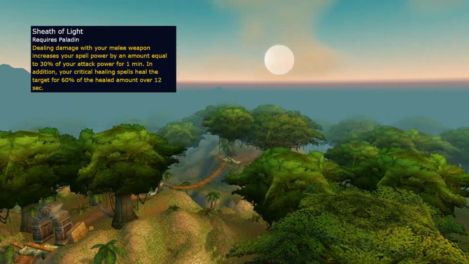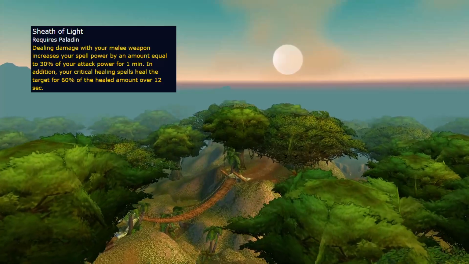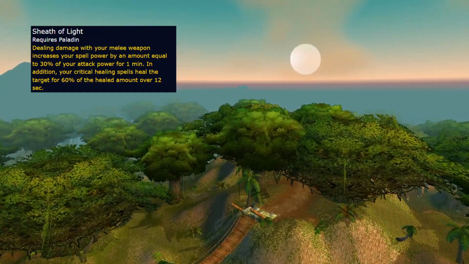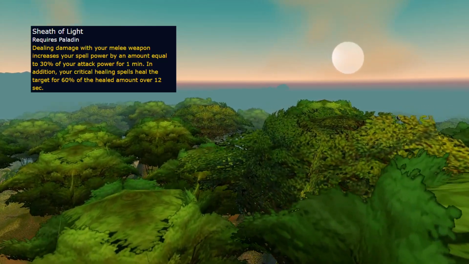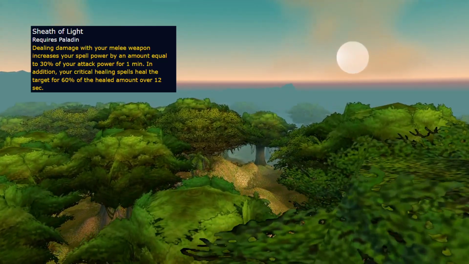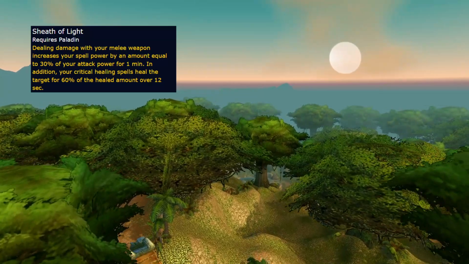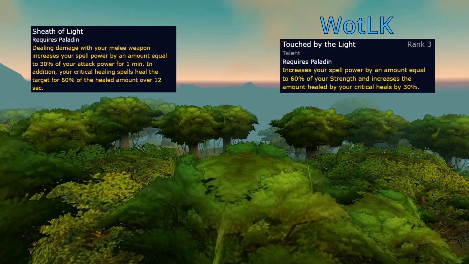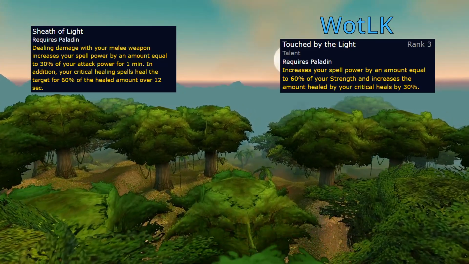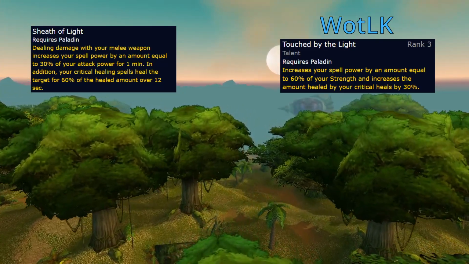Sheath of Light will cause your melee attacks to give you a spell power buff equal to 30% of your attack power, and it lasts for 1 minute. It also causes your crit heals to put a heal over time on the target for 60% of the amount healed. The main part of this rune is essentially Touched by the Light from Wrath. Instead of 60% strength conversion, we get 30% attack power, which is pretty similar since you get 2 attack power